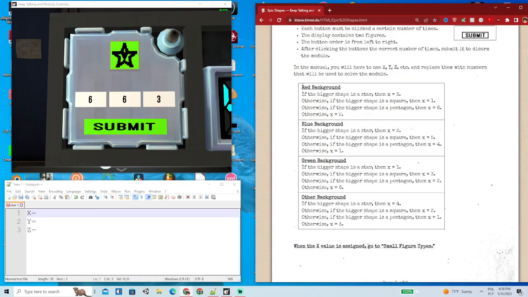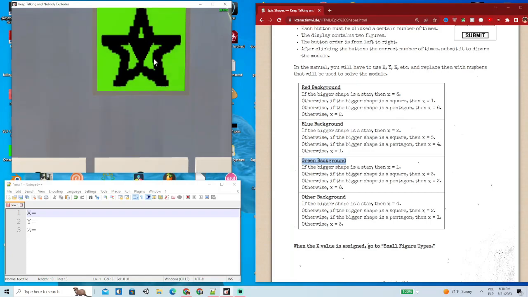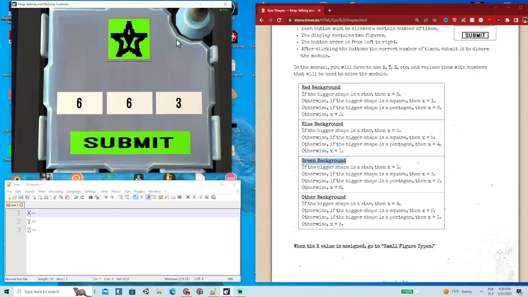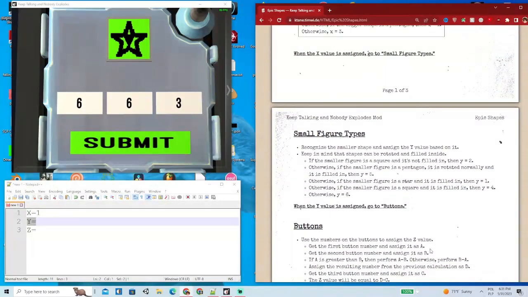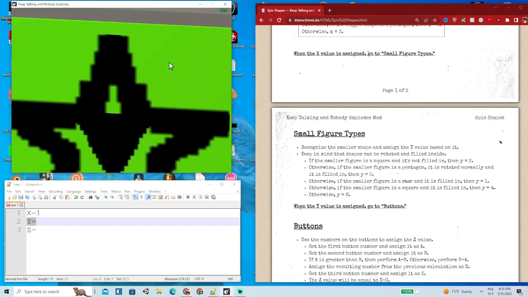So you'll go down to this table right here and pretty much find the cell that applies. So for this case, it will be the green background because, well, it has a green background. Now, if the bigger shape is a star, which it is, then x would be equal to 1. And once you've determined your x value, then you would just go down to the manual and determine your y value now. And now you'll have to recognize the smaller shape, as you can see,